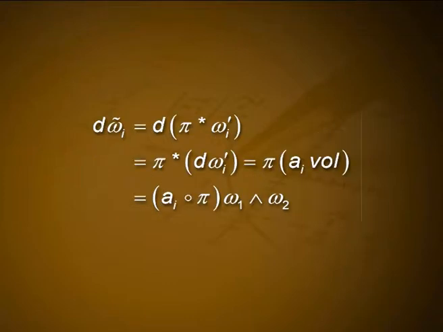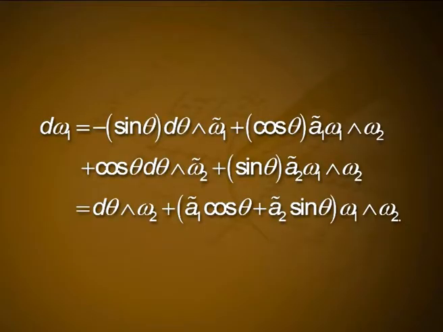Now dω_i tilde is equal to dπ*ω_i', which is equal to π* dω_i', which is equal to π* of a_i volume, which is equal to a_i composite π ω1 wedge ω2 for some smooth function a_i on U. Thus, setting a_i tilde equal to a_i composite π, dω1 is equal to